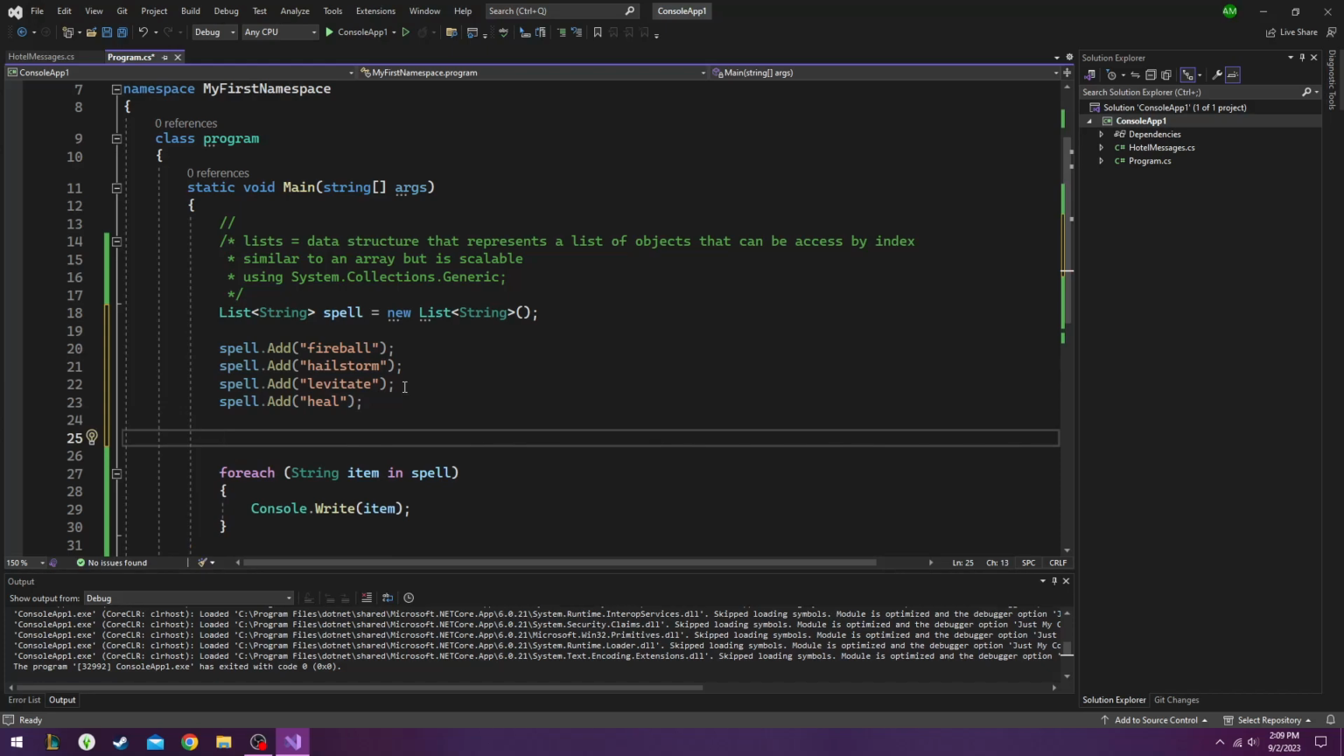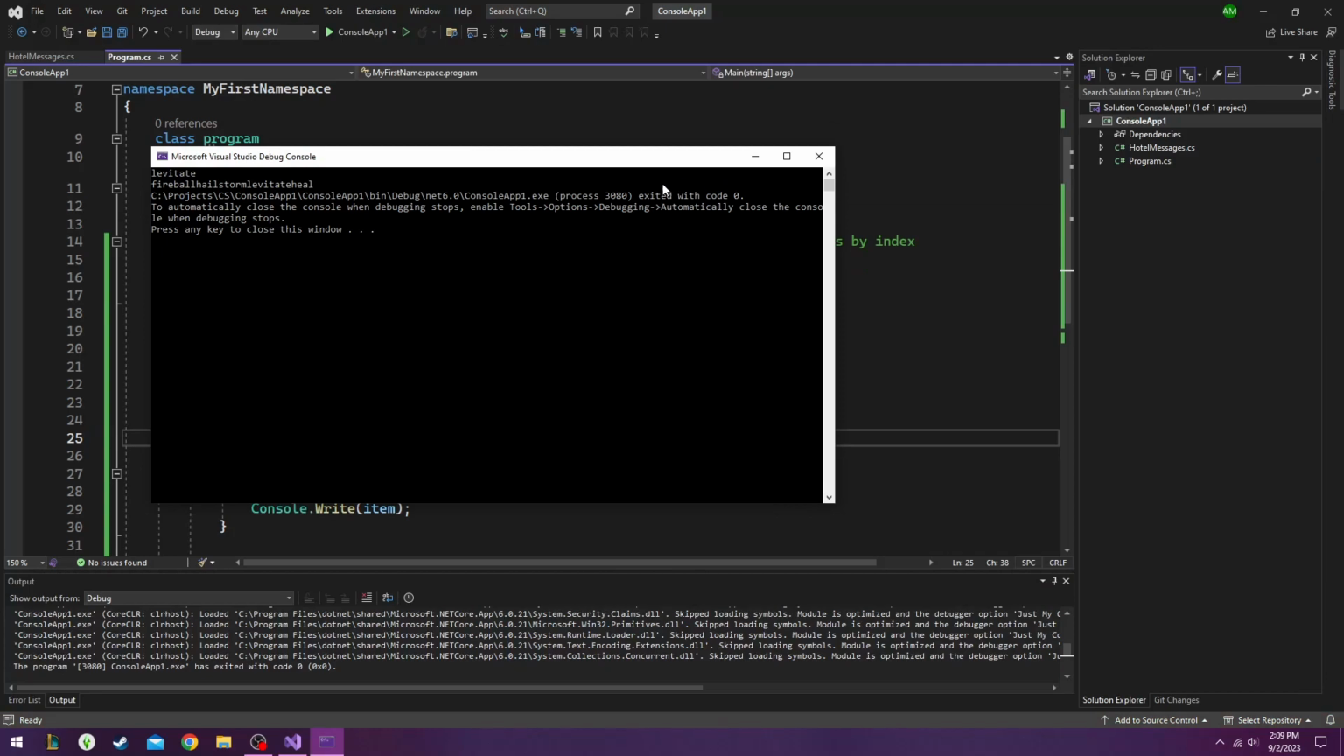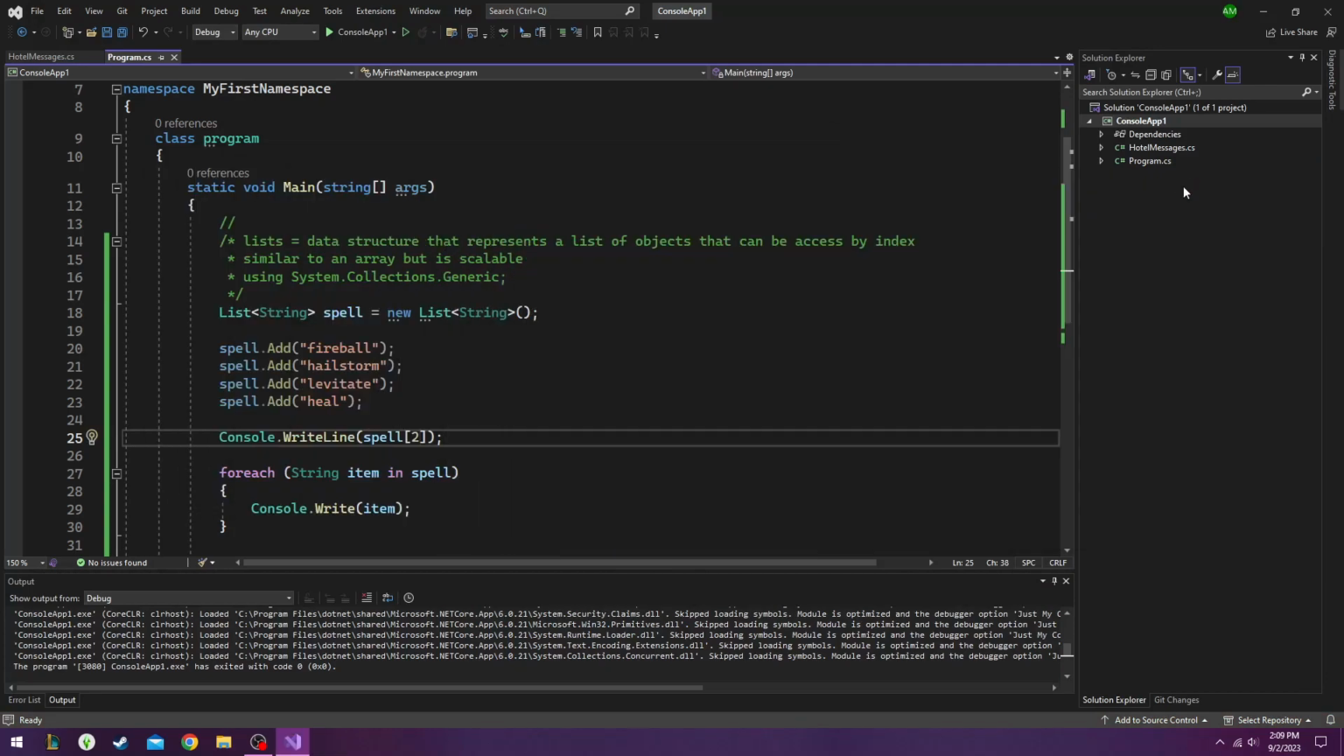And in order to access an element in a list, you just type write line spell, and in a pair of brackets you specify what part of the list you want to access. So if I want to access the first element of fireball, I were to type in 0, hailstorm is 1, levitate is 2. So it's the exact same as an array when it comes to accessing the elements in the array. And now we can add and remove an unlimited amount of elements without having to change the construction of the array every time we want to